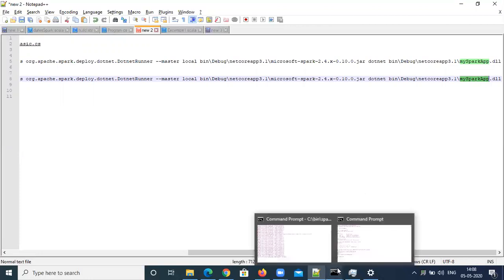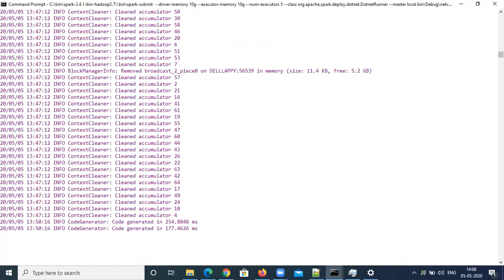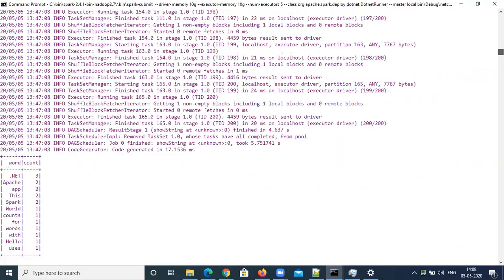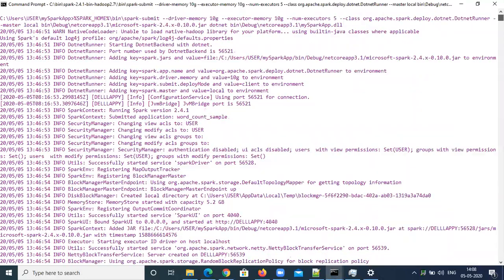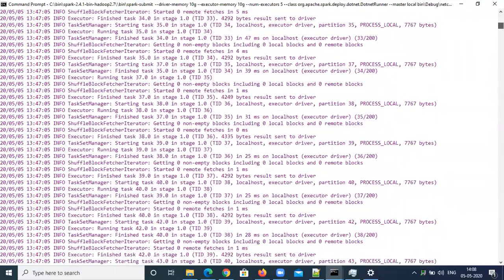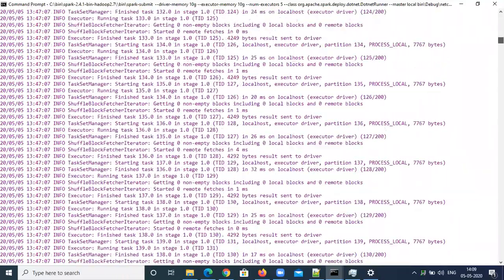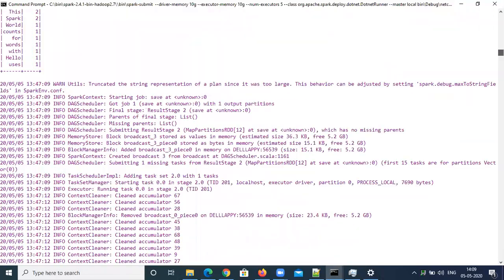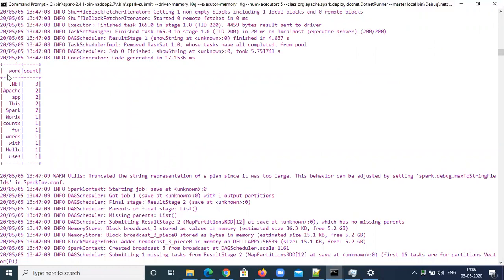I have already run it, and you can see it is running because I've used Postgres SQL also. Now you see word count. Once you execute this, I'll come from the beginning. Here I've triggered the command, and then it went for execution. You see here, it is taking memory of 5 GB, and it's set with 10 GB as driver memory. It went for execution and then printed, because I was using dataframe.show. If you look somewhere over here, there is the output. This is the output that is available in my text file.